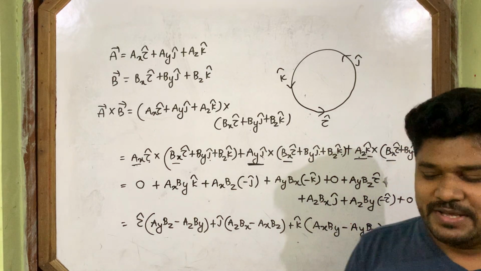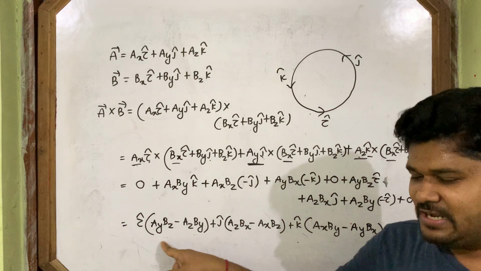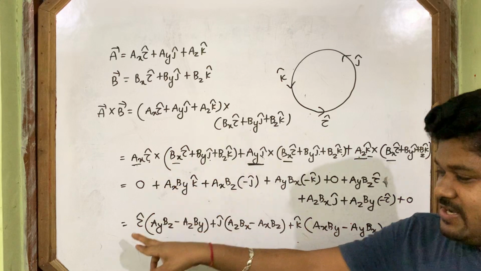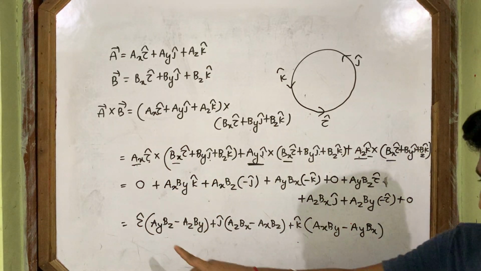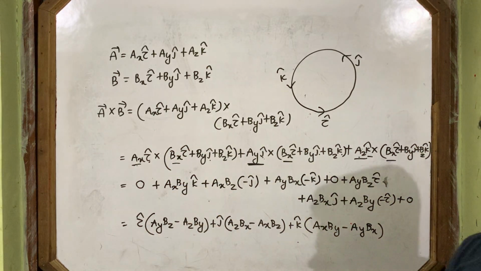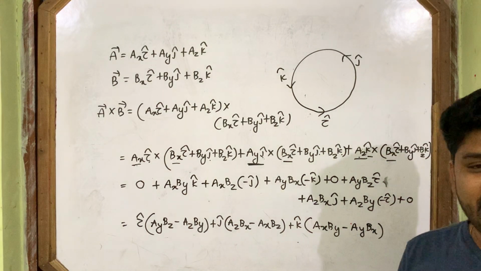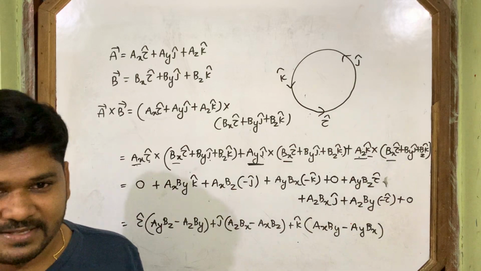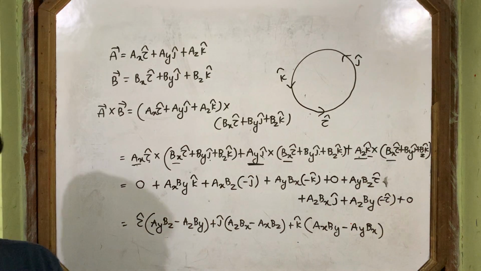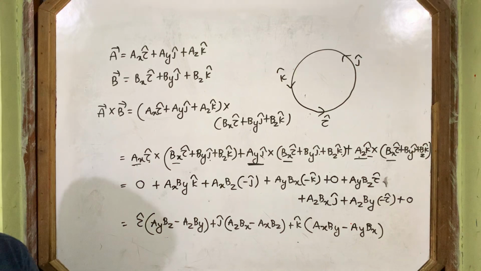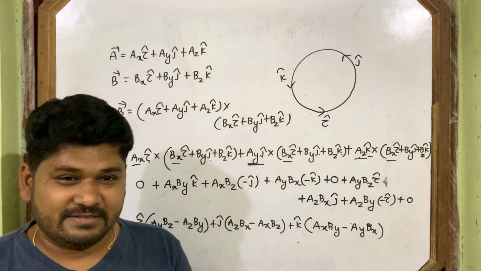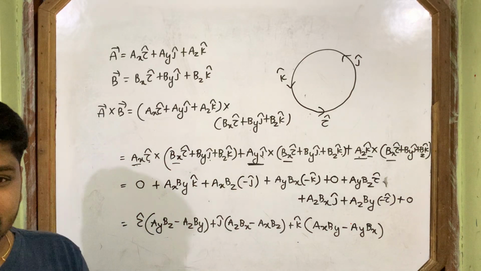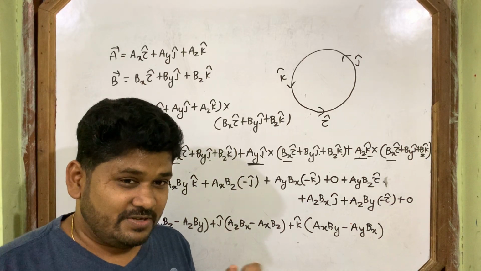You have to remember this formula. You have to mug up this formula to do the questions in exam. A vector cross b vector is equal to this one. This long formula you have to remember. Can you mug up this formula, or will you face problems? Then the question comes to your mind, sir, is there any trick, because it's such a long formula? Yes, there is a trick I will tell you now.